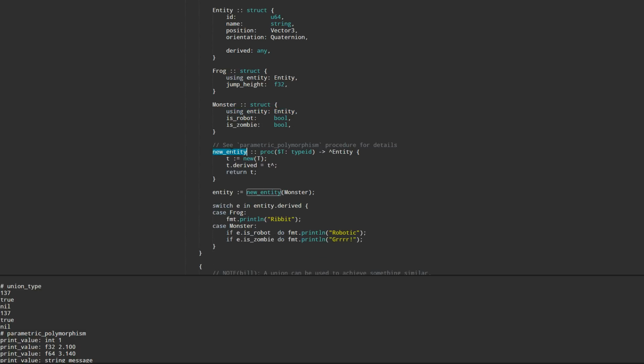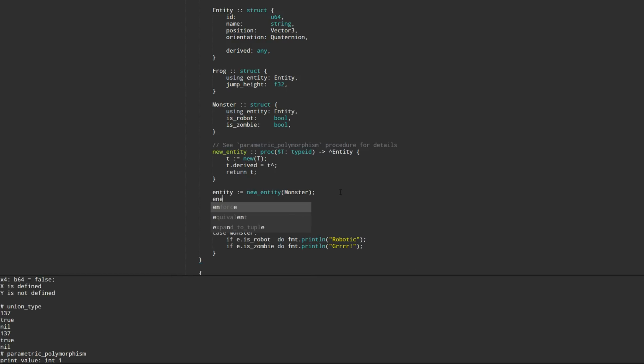I can now allocate a new entity. I'll explain the new syntax in a bit, but don't worry, this just means you pass in a type and it will allocate the new thing here. So I'm going to say a new entity of a monster and do the entity, and then I'm going to switch on it. So get the E in the entity derived and check the cases. So frog and monster. In this case it is a monster, and it doesn't print anything, but just to prove that it can be,